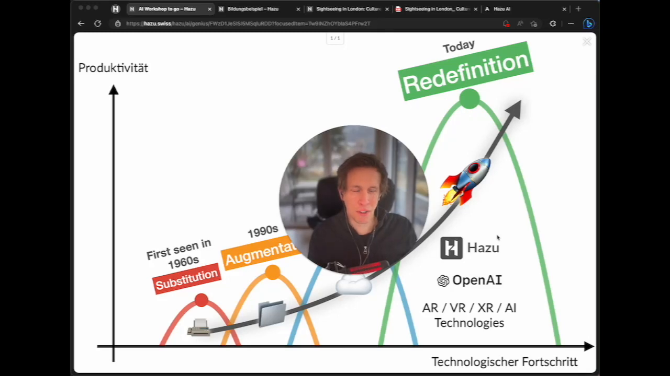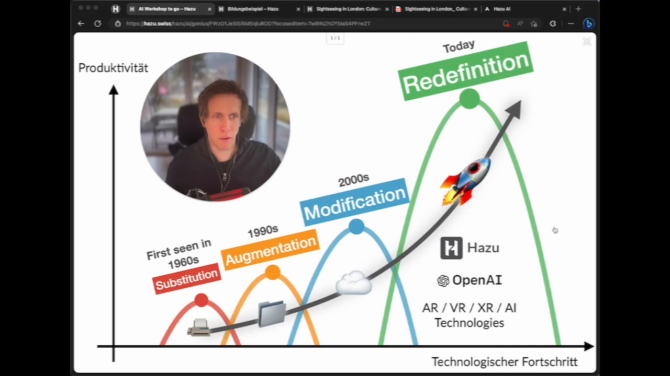Hello, I want to give you a brief overview of Hazu, but specifically the AI aspect of it and how we leverage artificial intelligence to boost productivity for teachers, students, and pretty much everybody. Let's have a quick look at this model here first, and also to give you context about what we do